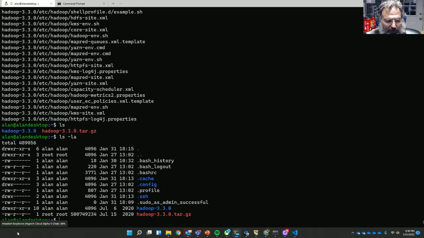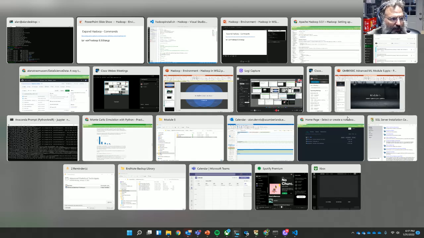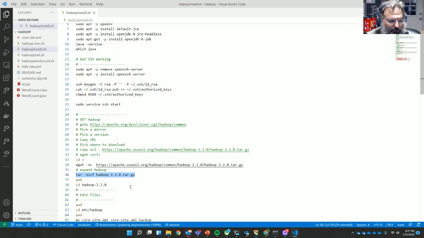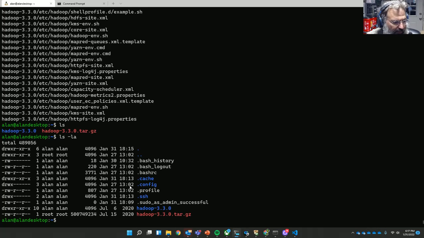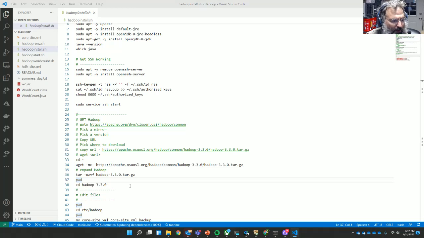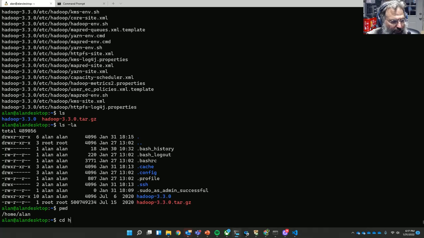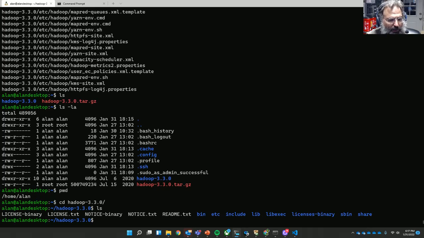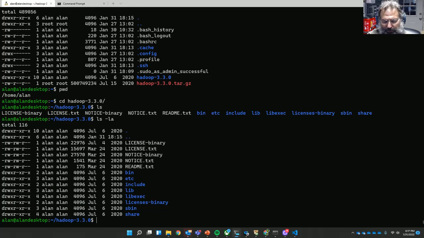So don't do that. The reason I know that is because I did it and it didn't work out for me. So don't do a sudo. Your next step is to basically see what directory you're in. In this case, we are in home, and then switch into that Hadoop directory we just created. And inside of that directory, you should see a list of other files and directories, and importantly, you'll see a bin and an sbin,